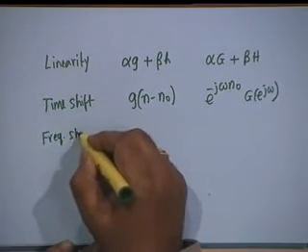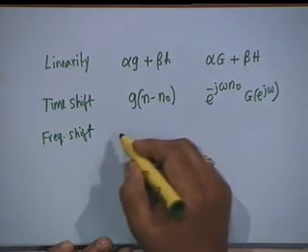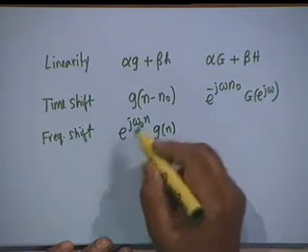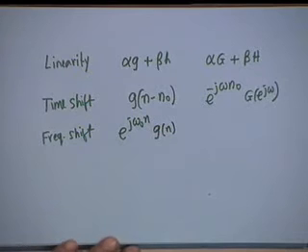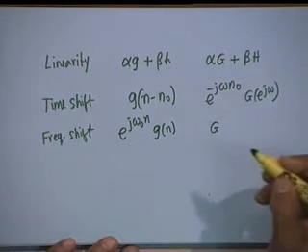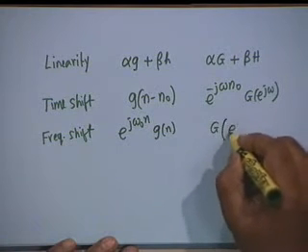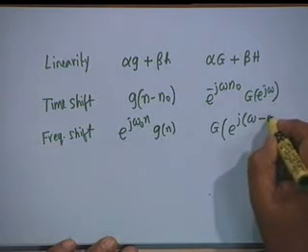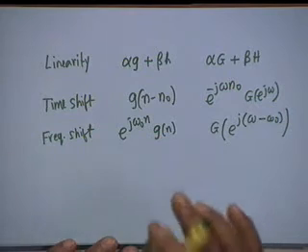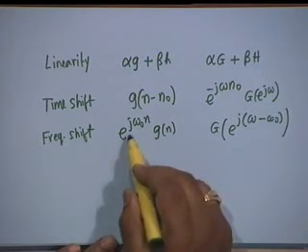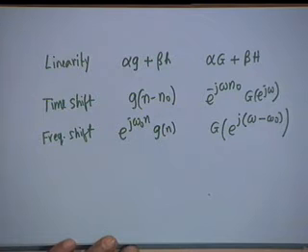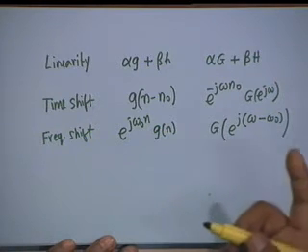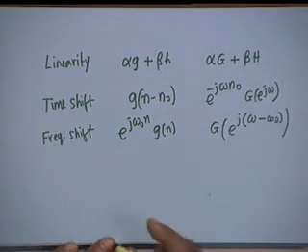Frequency shift, that is, if you multiply a sequence by the exponential sequence e to the j omega 0 n, then the Fourier transform is simply shifted. Instead of omega, we shall get omega minus omega 0. This also follows simply by writing the definition. You have a multiplication by e to the j omega 0 n, you have a general term e to the minus j omega n. So, it becomes e to the minus j omega minus omega 0.